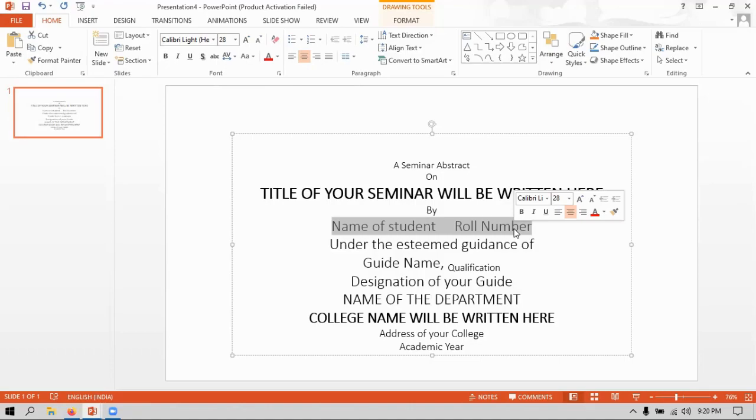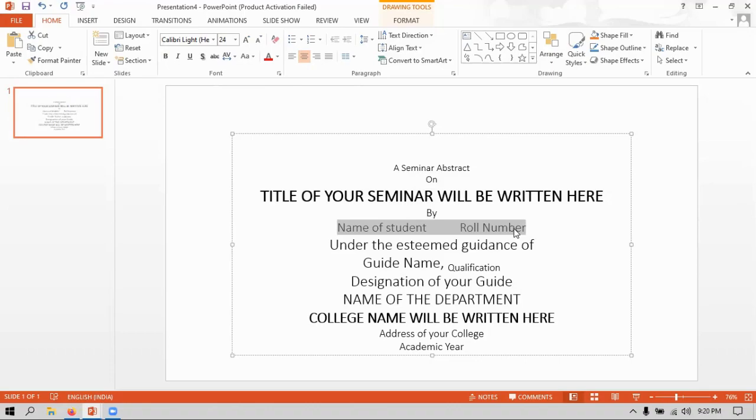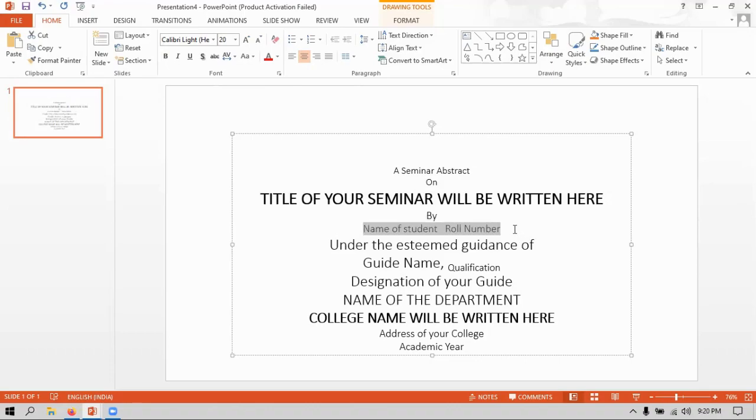So I need to represent this with font size 20, or we can increase the font size to 22 also. But when we increase the font size to 22, we need to increase the fourth line also. That means we need to maintain the same font size for these lines.